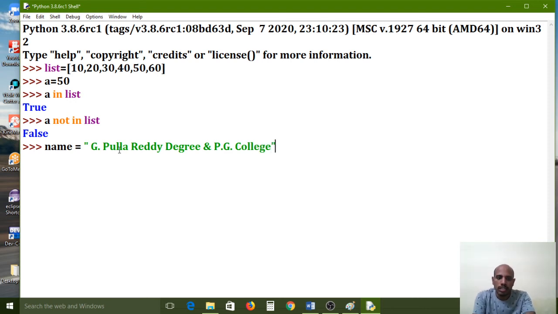In that, is the word Reddy available or not? Now I am checking Reddy. For that, a variable is not required; directly also you can check. Not required to declare any variable.